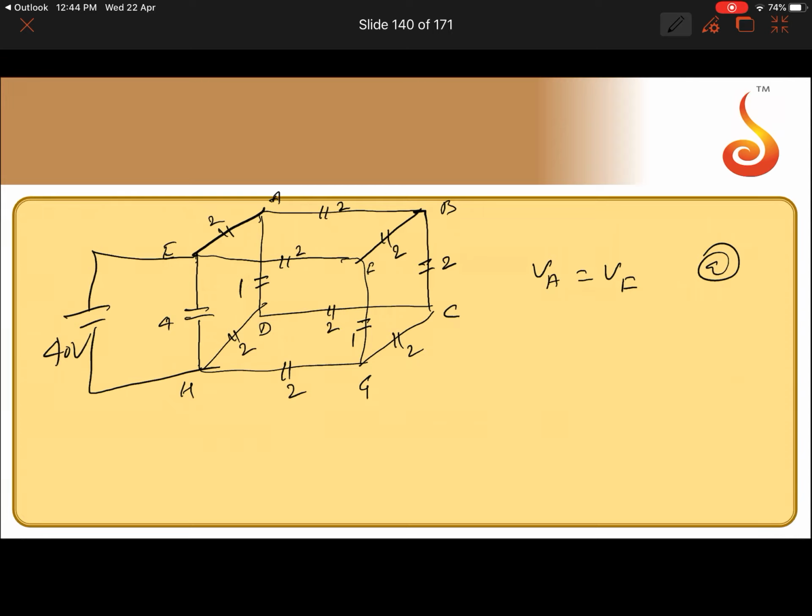So this is the first part. This is F. And the other, VD equal to VG. B part